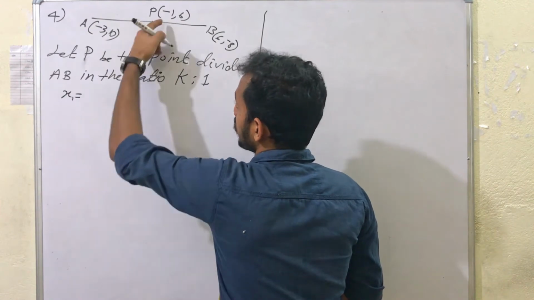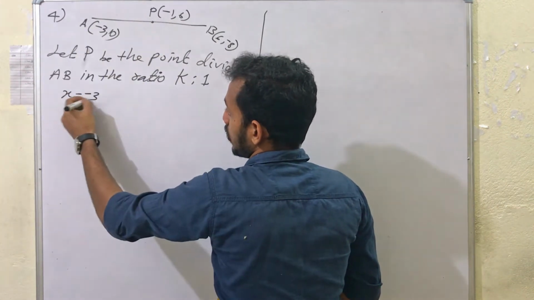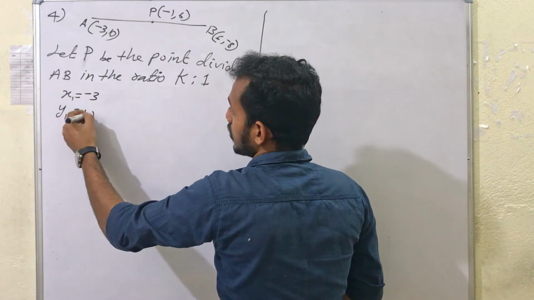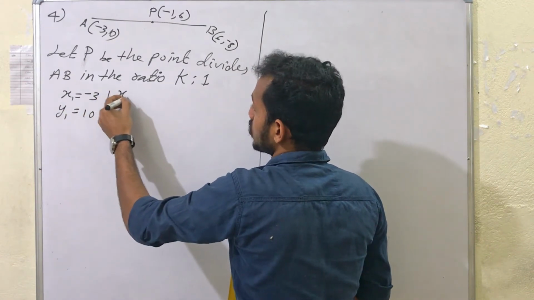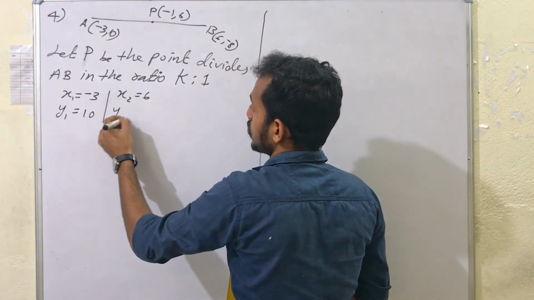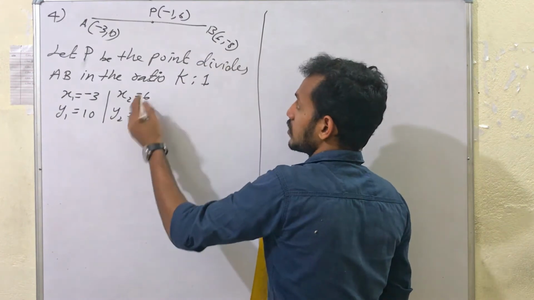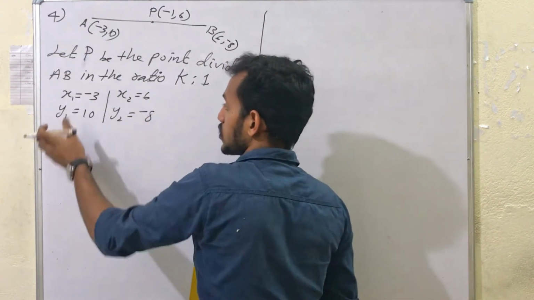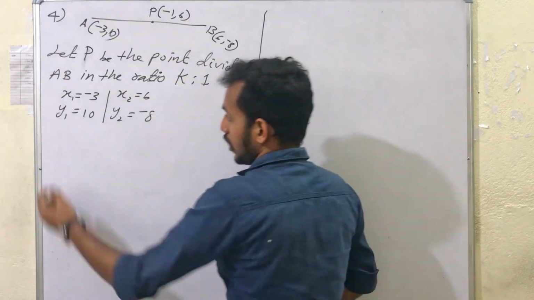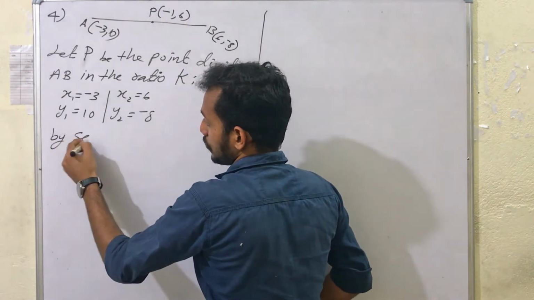x1 is equal to minus 3, y1 is equal to 10. Similarly, x2 is equal to 6, y2 is equal to minus 8. These are the second coordinates, these are the first coordinates. Now, by the section formula,